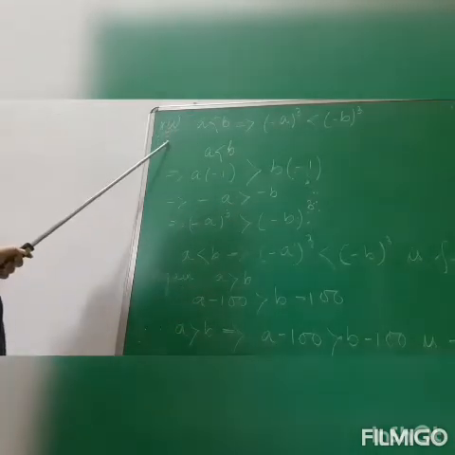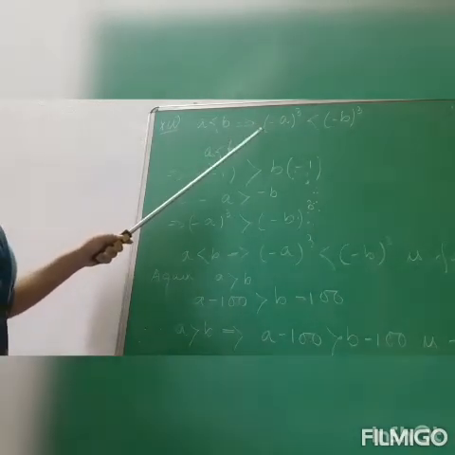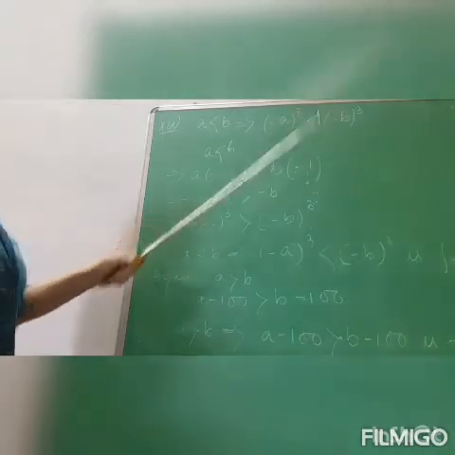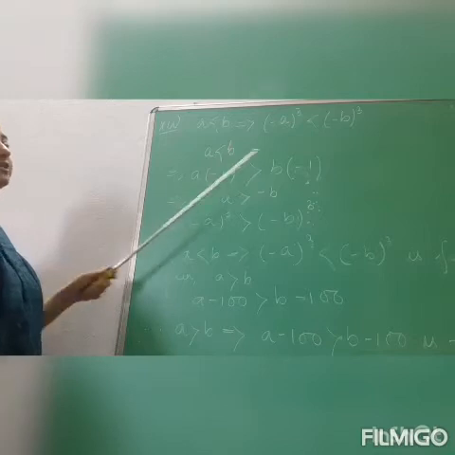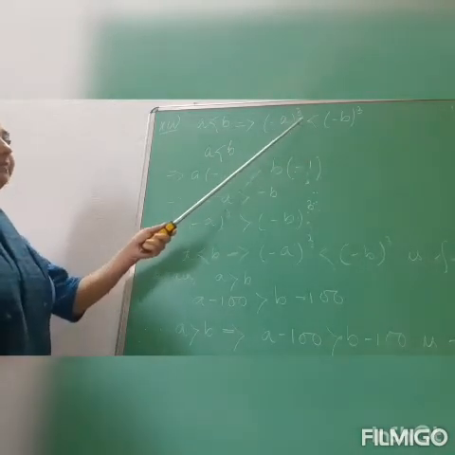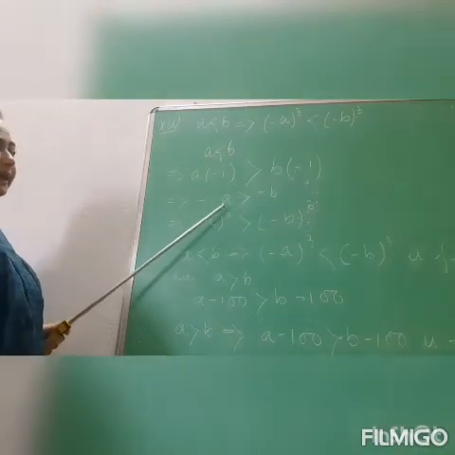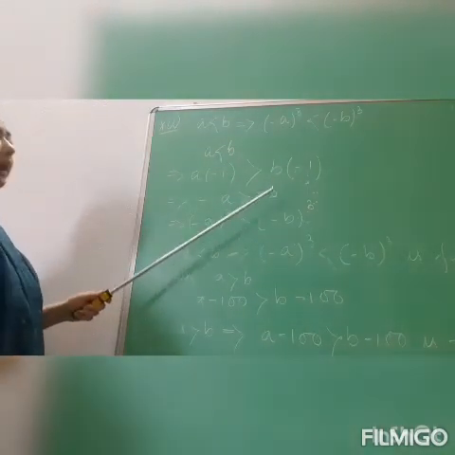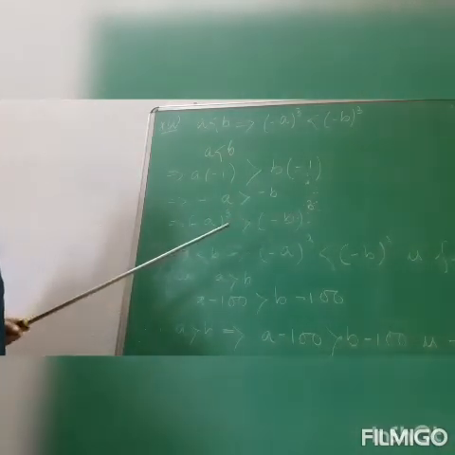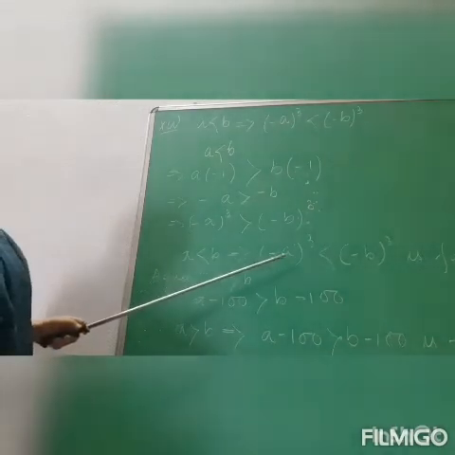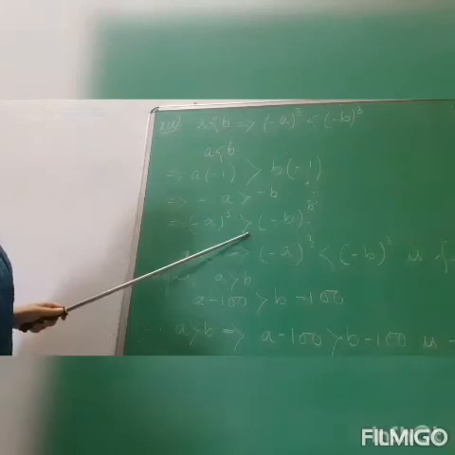This is c number 12. a is less than b. Now a less than b implies (−a)³ is less than (−b)³. Now see, if a is less than b, I will multiply by minus 1 on both sides because I need here minus a and minus b. So minus 1 I multiply, I get here minus a, it will be greater than minus b. Now cubing both sides, (−a)³ will be greater than (−b)³. So if a is less than b implies (−a)³ is less than (−b)³ will be false because I am getting here greater than (−b)³.